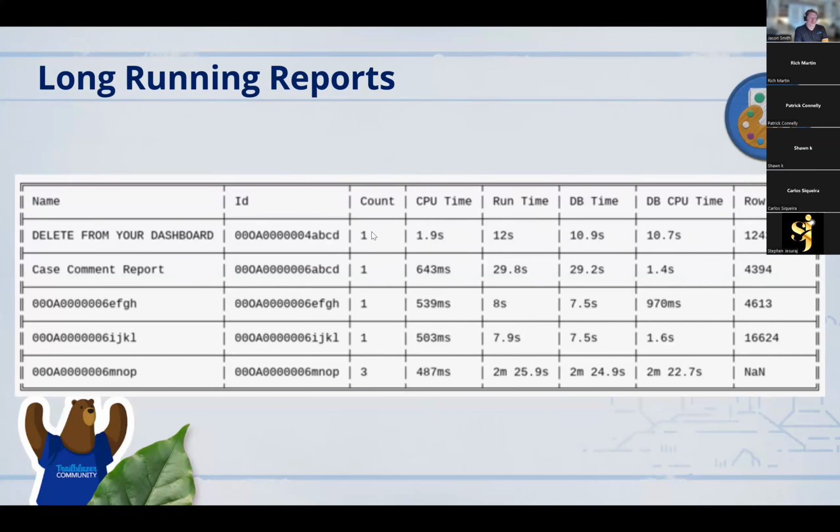So we were able to look at the user ID, reach out to them, and get them to remove that so that we were not consuming resources. Same with this case comment report. We were able to get the report ID, find out the user that was running it, make sure that it was correct. It's taking almost 30 seconds to run, so it's unlikely that it was actually a correct report, and we can help them optimize that report and be kind of proactive, because a lot of users